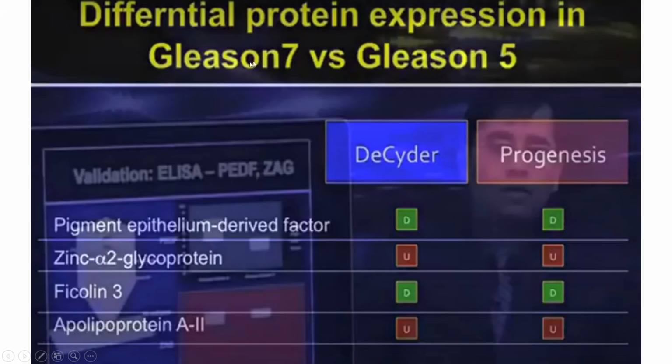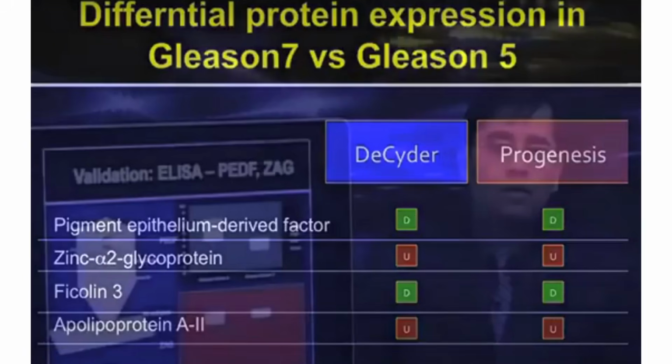This indicates that in the person who had Gleason 7 prostate cancer, this specific protein was downregulated compared to the other one. Similarly, this protein was upregulated compared to the other one. So they found that these can potentially be biomarkers, but this specific analysis doesn't tell you